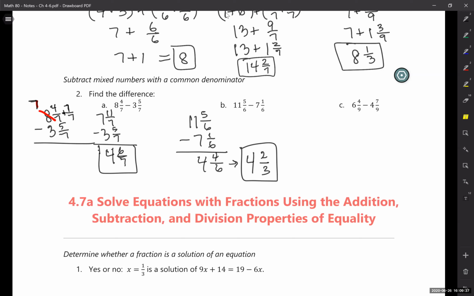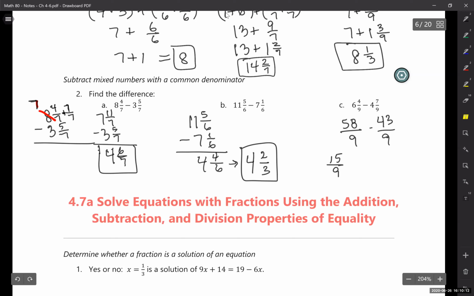And so 6 4/9, we know how to make this improper. Multiplying 9 times 6 and then adding 4 gives us 58/9. And then multiplying 9 times 4 and adding 7 gives us 43/9. And now all we have to do is take 58 and subtract 43, because they have that common denominator, and we get